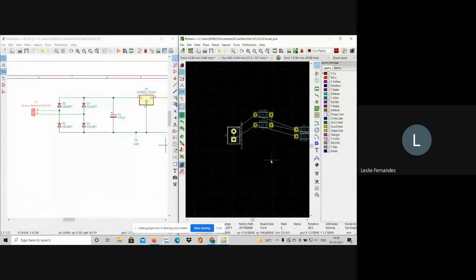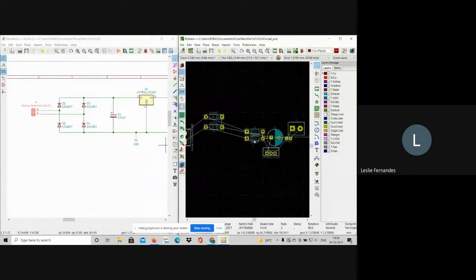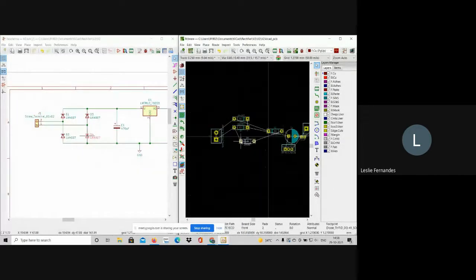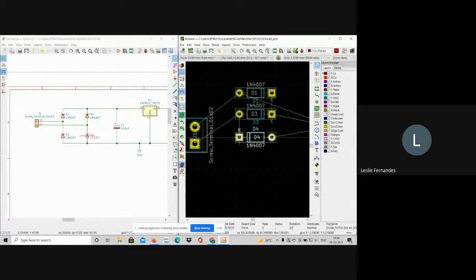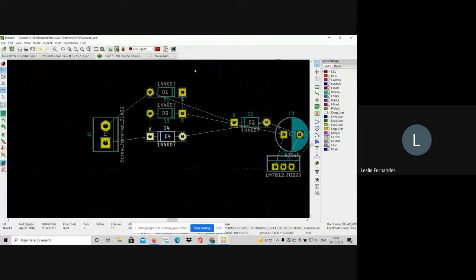Next, I will click on D4. I'll say move, press M and move this component. Now one important thing over here, when you're doing all of this placement,